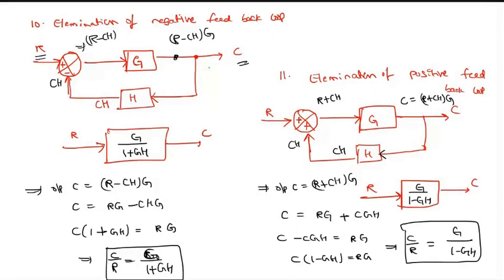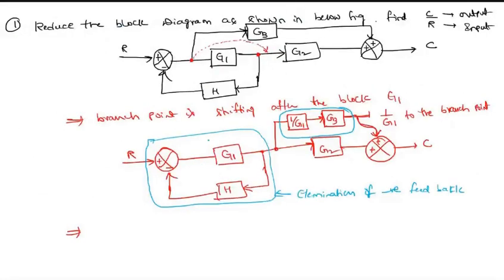So GH output summing point; the same thing I have framed. Then this is series: two blocks are connected in series. See, look here, how simple the problem is. If you shift the branch point from before the block G1 to after the block G1, automatically the problem becomes a clear-cut idea, because this is elimination of negative feedback and this is the series connection. So 1 by G1 and G3 are in series, and the resultant should be written